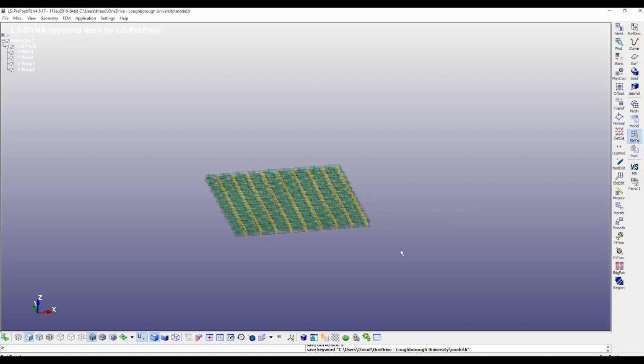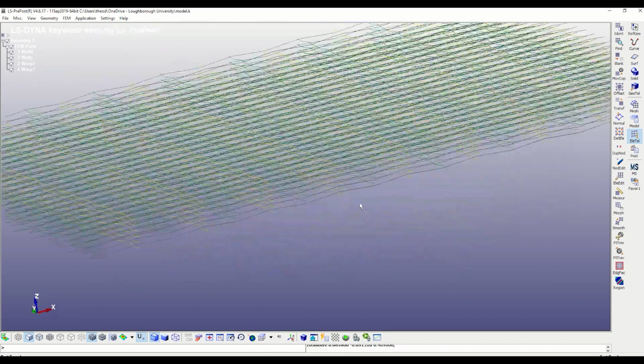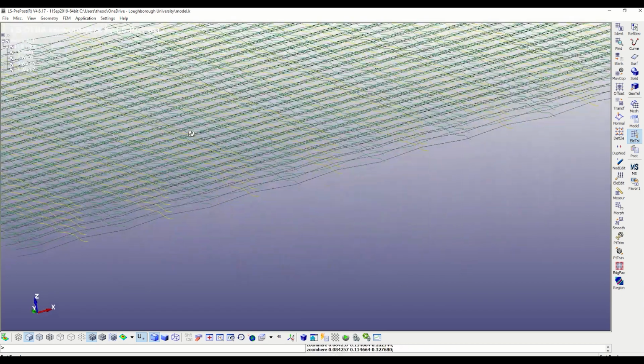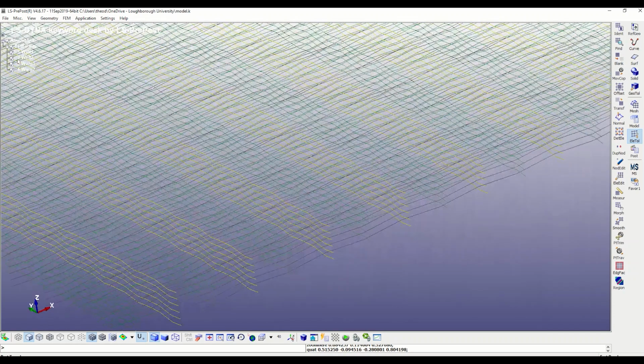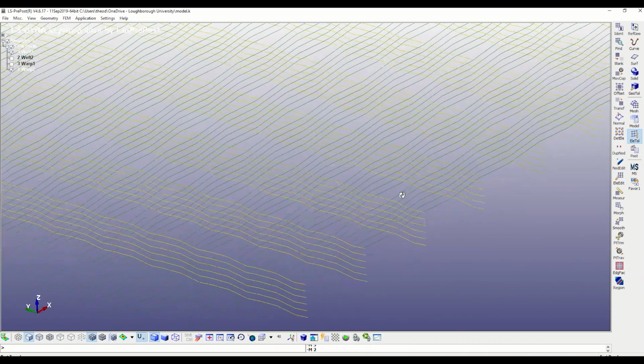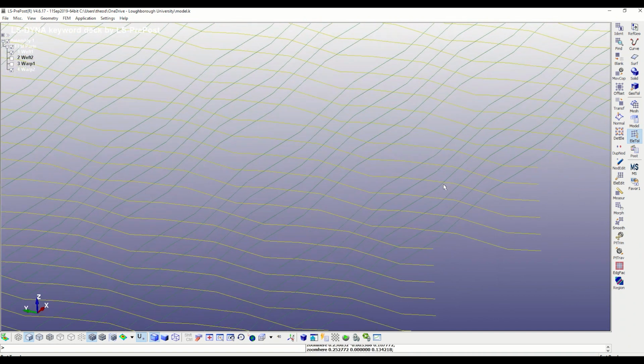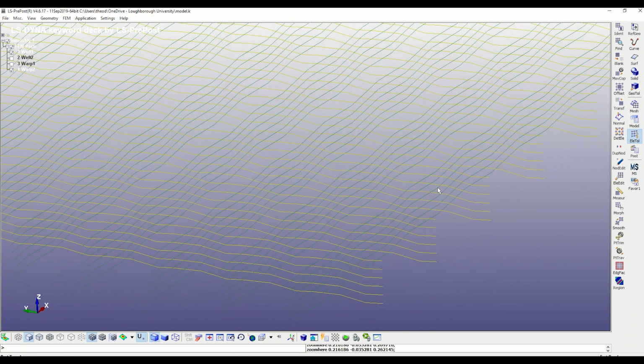Hi everybody. In this video we will see how to perform a finite element analysis of a fiberglass fabric impacted by a spherical projectile. If you have not done so already, please watch my video on how to construct this geometry. You can find it in the top right corner of your screen. I have added 5 additional layers to the original geometry by transposing to the total fabric thickness of 1 millimeter.